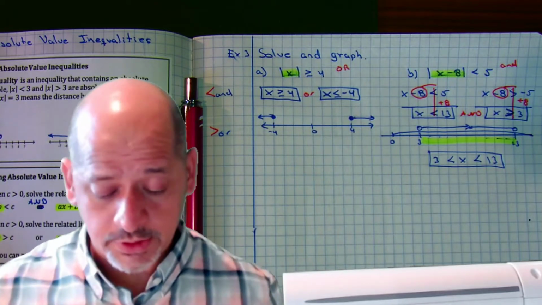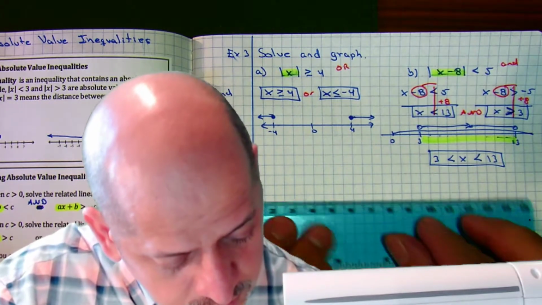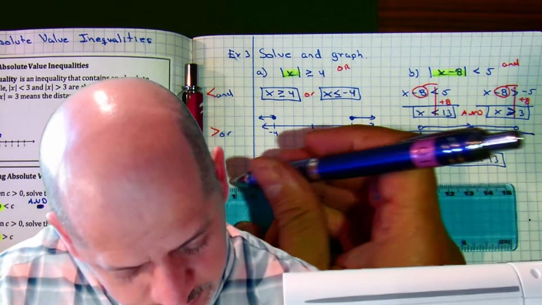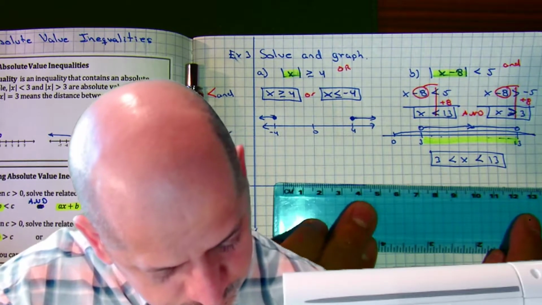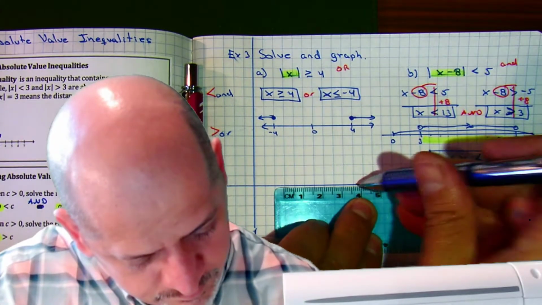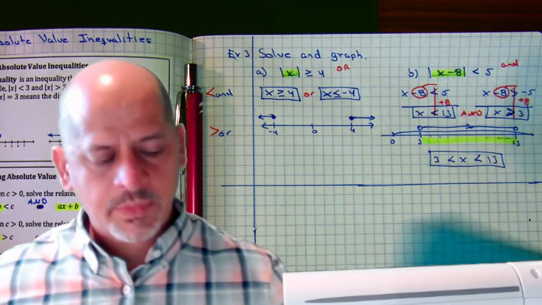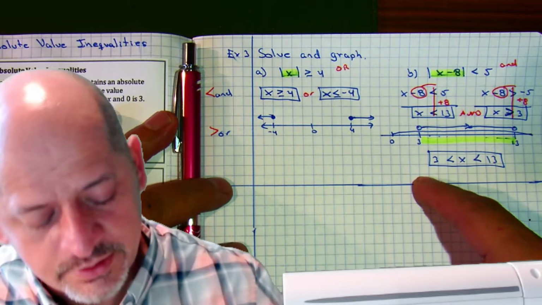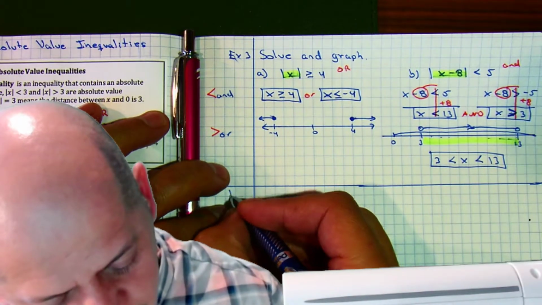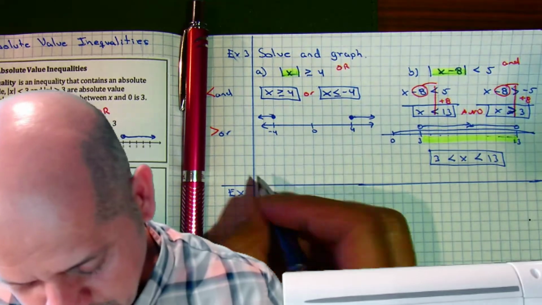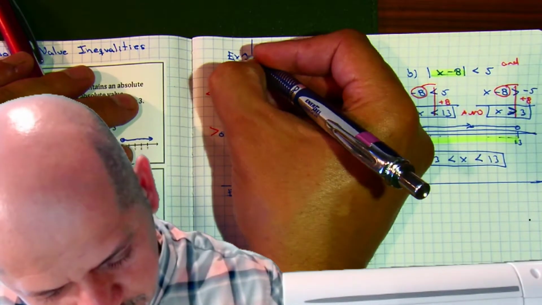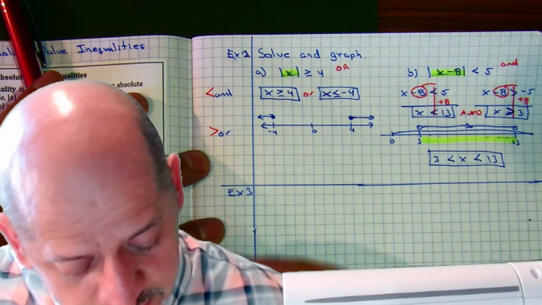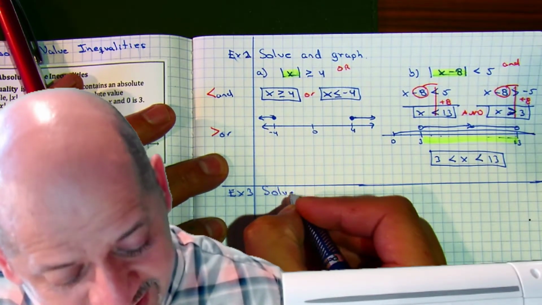And the last example for today. So let's go and make a line. Let's make it all the way through. See if I can make a straight line this time around. Example number 4, A and B. So we're going to do A first and then B. That's going to take a little bit more space. So this was example number 2, and this was example number 3. You probably noticed that before I did. So let's go and solve and graph